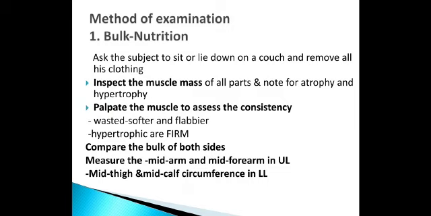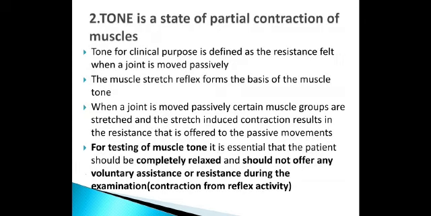Muscle atrophy is seen in neurological disorders, especially in lower motor neuron disease. Generalized wasting of muscle occurs in non-neurological conditions like malignancy, diabetes, thyrotoxicosis and TB, whereas muscle hypertrophy occurs due to excessive use of muscle as in athletes and gymnasts. It can also occur in some myotonic disorders. So there are two concepts: what is atrophy and what is hypertrophy.